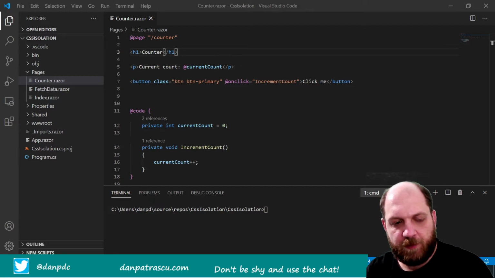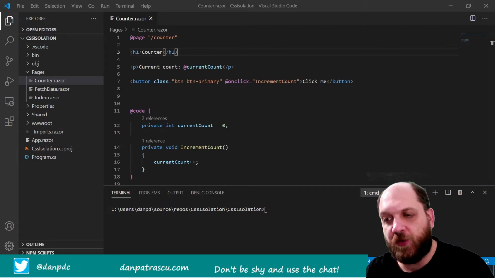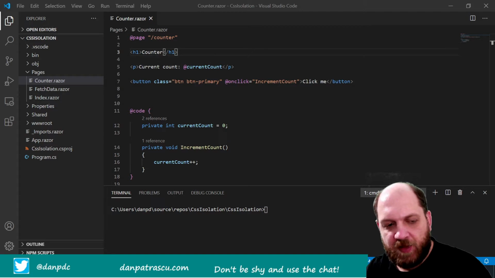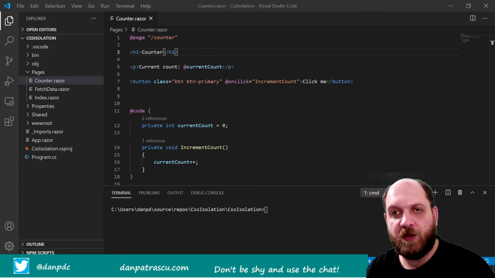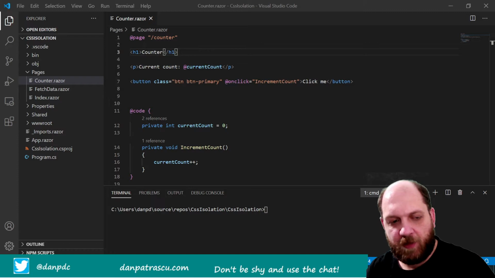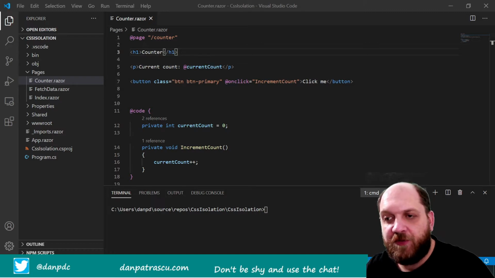This time we'll talk about a brand new Blazor feature on .NET 5, and this is CSS Isolation. And from my point of view, this is one of the coolest new features that we have in Blazor on .NET 5, because starting with this version of Blazor, we can write CSS that is scoped only to one certain component. And one other very exciting thing about this is that it's actually very easy to use, and we'll dive